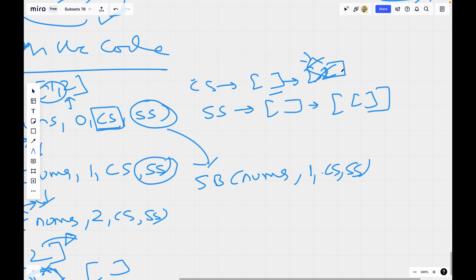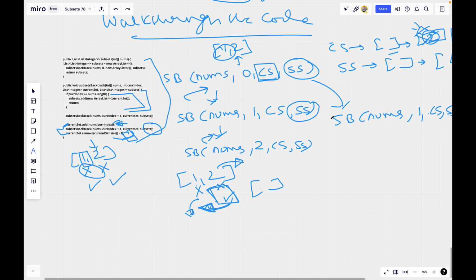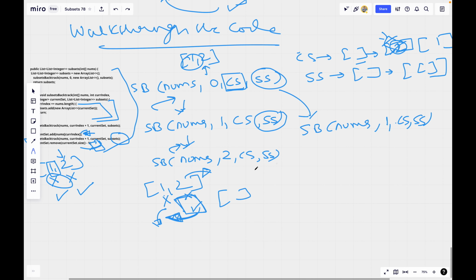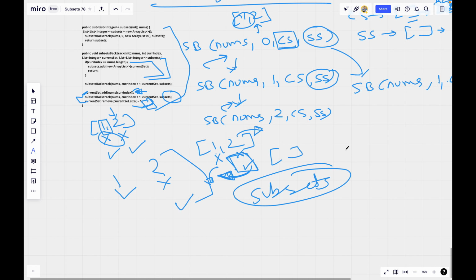So this was removed from the previous call, and now it is updated here. Now 1 has made the choice that, hey, I will be included. Now compute all your subsets. 1 will be included, and 2 will say I will not be included, I will be included, and a similar procedure will go on. In this way we calculate subsets through backtracking.